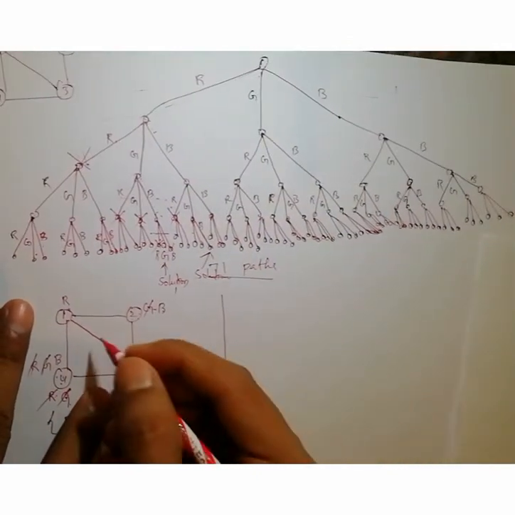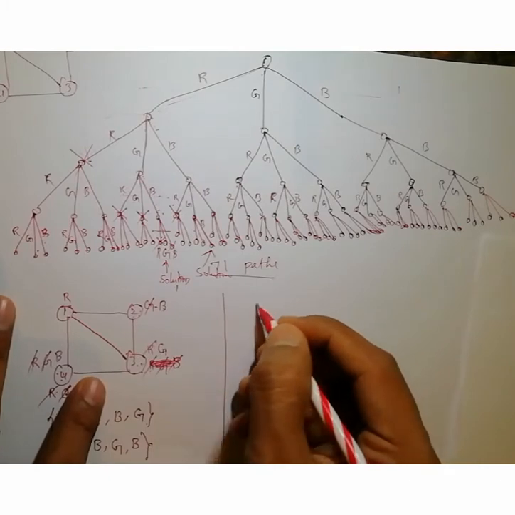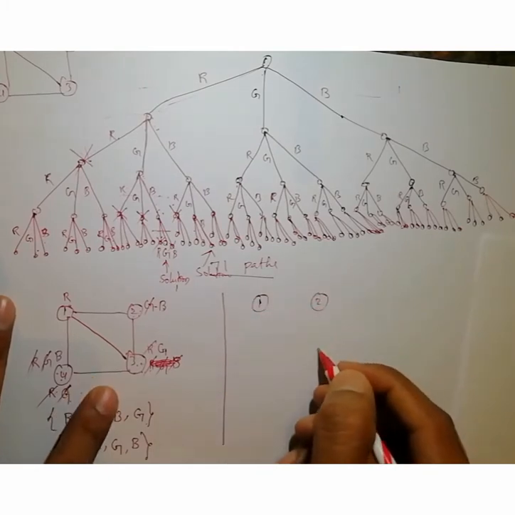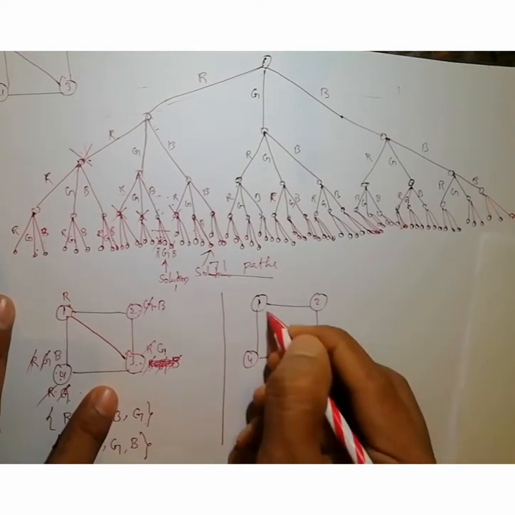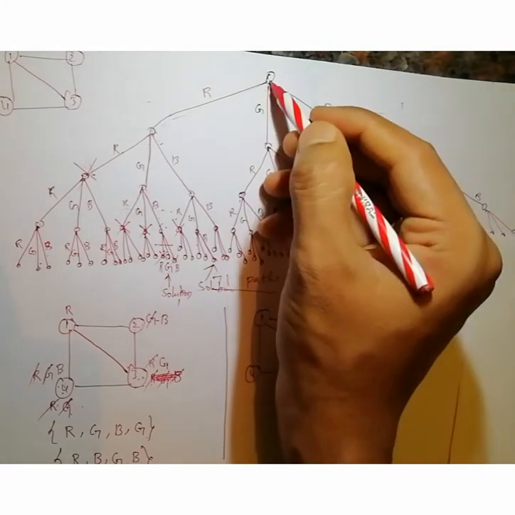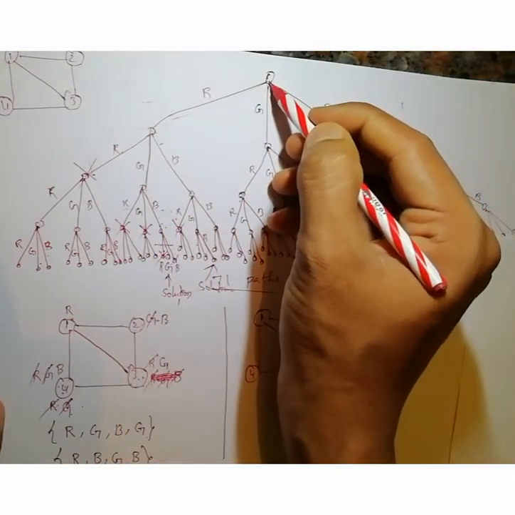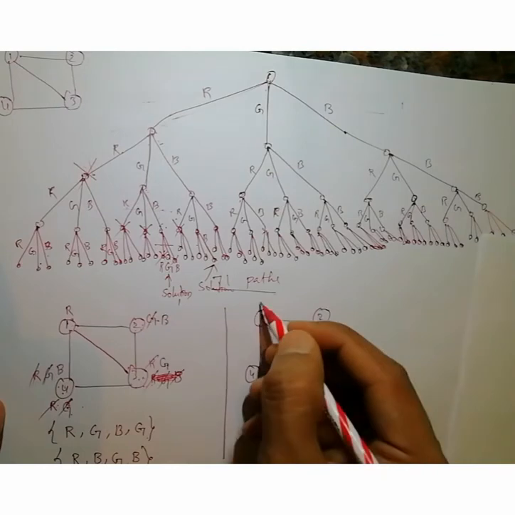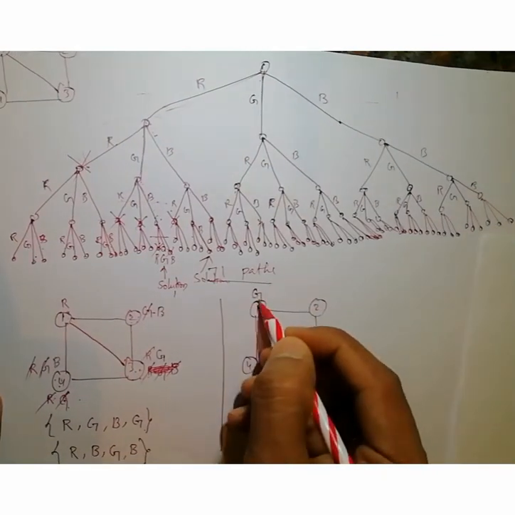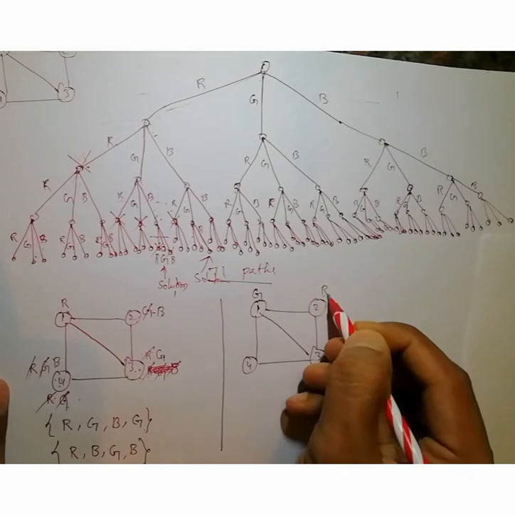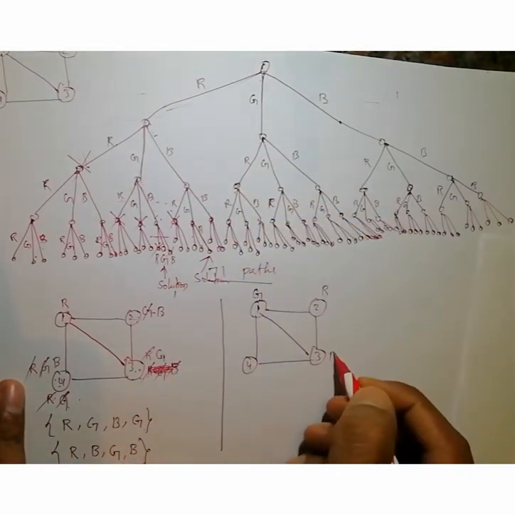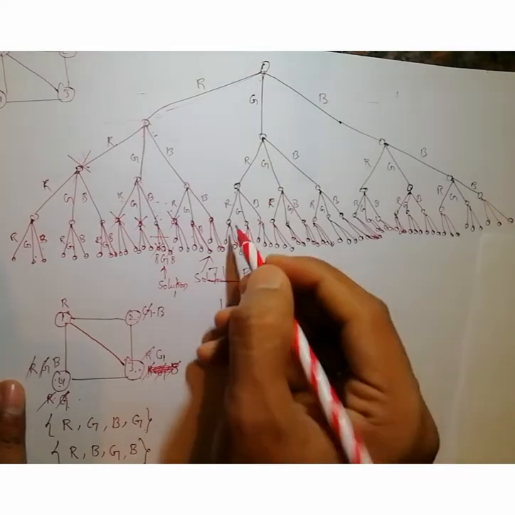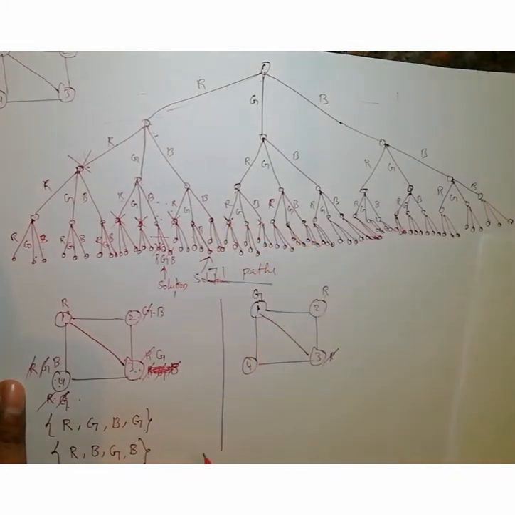again I will draw a diagram for this. So here we have the vertices 1 2 3 4. This is the graph, right? The given one. Okay, so what we are doing, instead of red color for the first vertex, now I will give green color for vertex 1. If I give green color for vertex 1, can I give red color for vertex 2? Yes, I can give. Next, can I give red color for vertex 3? No, because these two adjacent vertices have the same color, so I can't give red color. So I can kill that node.